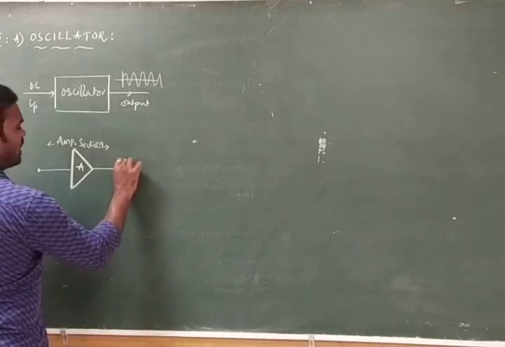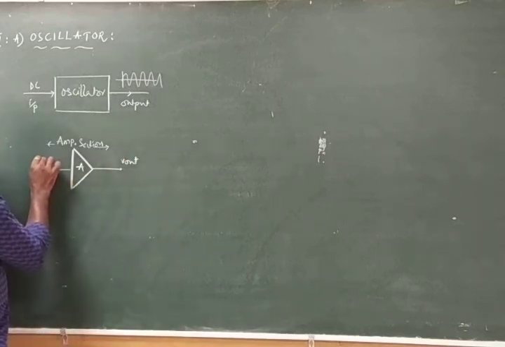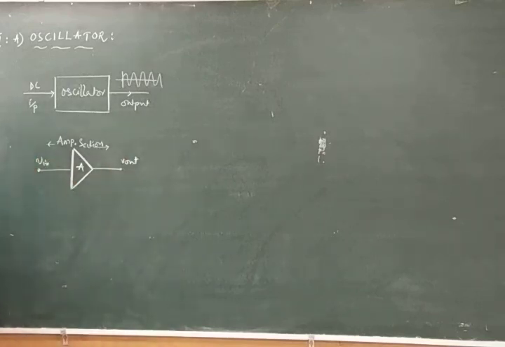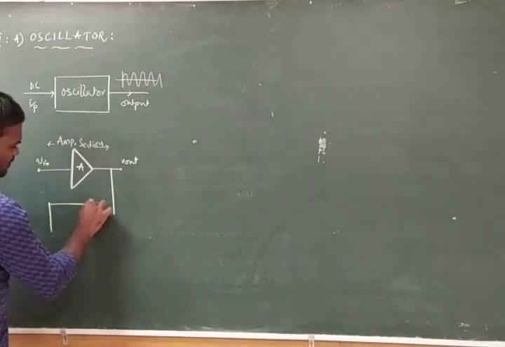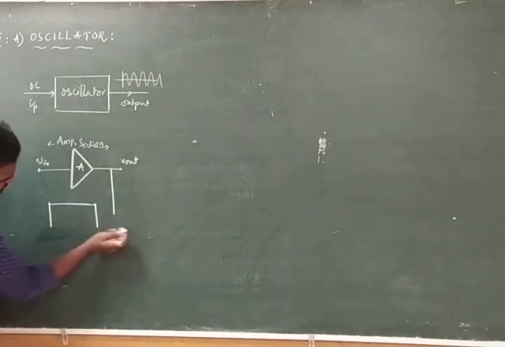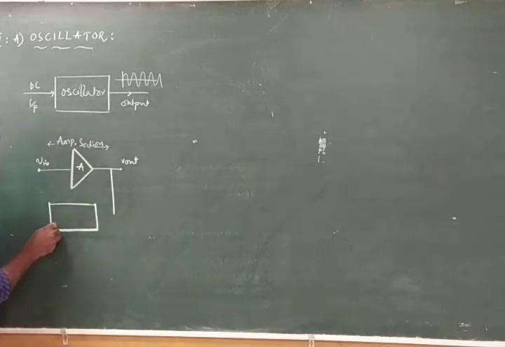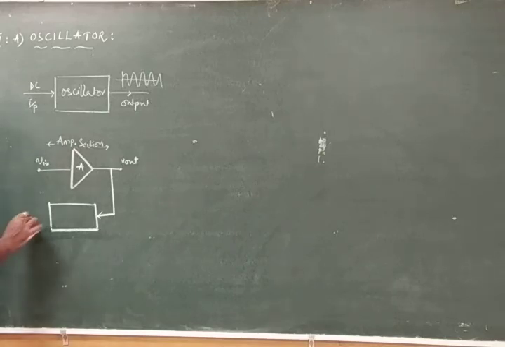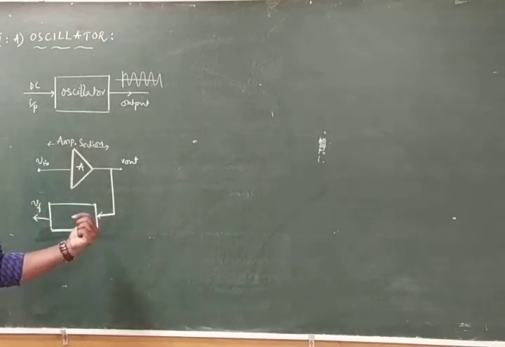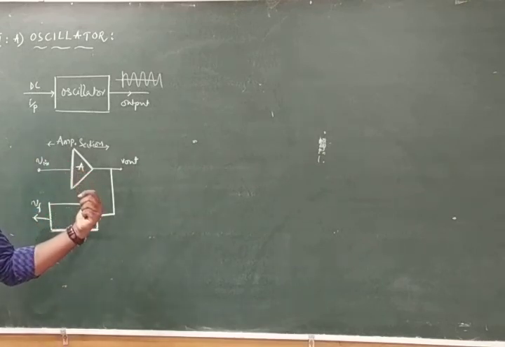And now it is V out, and what input will we be giving? This input we can call V in. And from this V out we will be taking some portion of output, but this is a feedback network. The feedback network input is total V out only, but we don't want that total V out. We require only some portion, and that portion will be defined at the feedback network, which includes what components in the Wien bridge oscillator? R and C components. Two resistors and two capacitors are used.